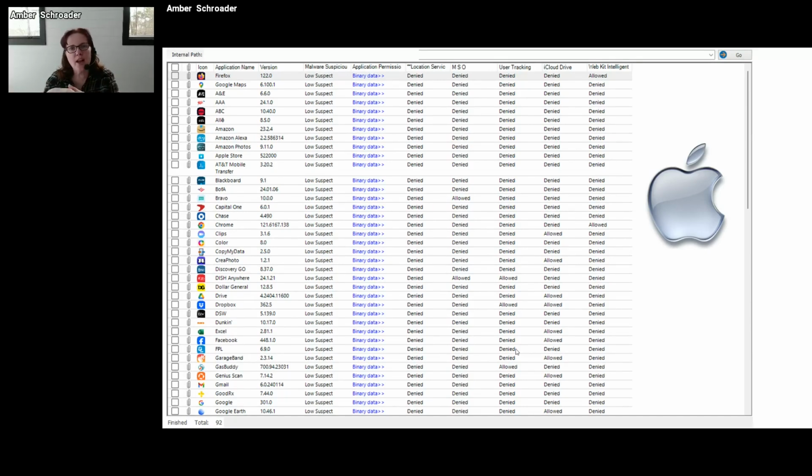But it's whether or not we see things like location service, whether it was denied or it was allowed. Was it allowed by the user? Was it allowed by the system? And you'll put those pieces together to make sure you understand what data you should be seeing within it. Because if location services is allowed, I should have some geolocation information associated with that app.